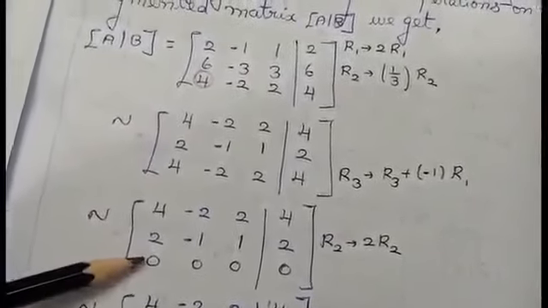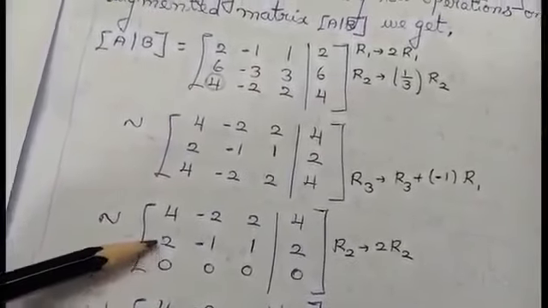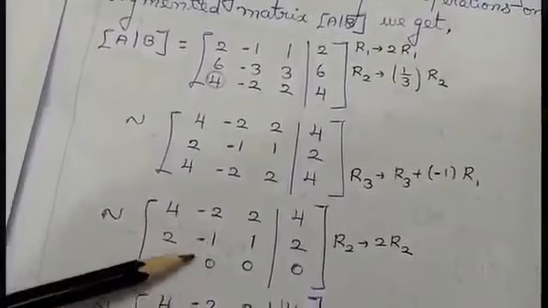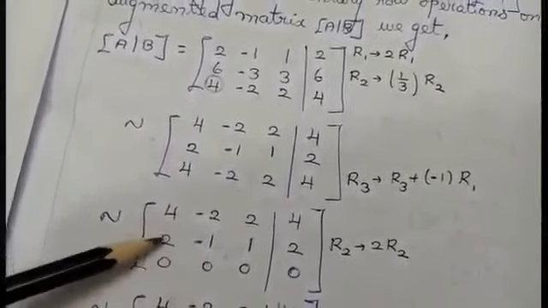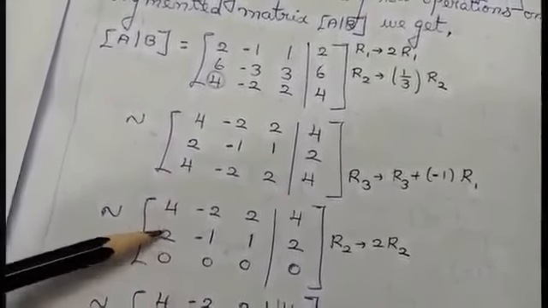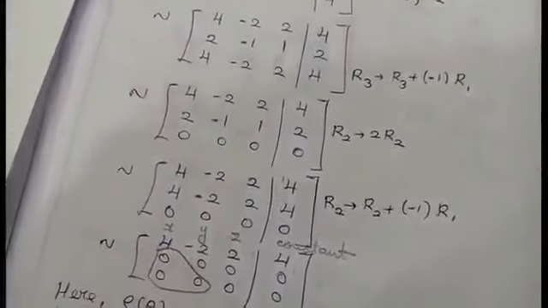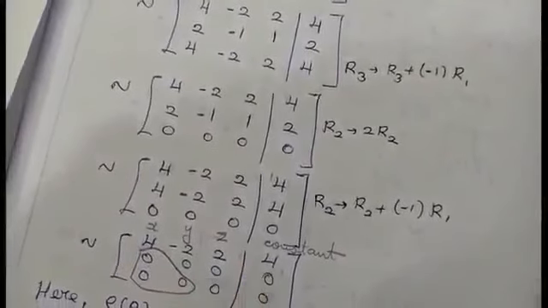Then I am targeting the 2, or you can target this place. In this place I am already getting 0. While I am targeting the 2, in the last stage I am getting the value as 0. If you see, I am getting it in the form of a triangle. Now remember one thing: this vertical line represents that the first part belongs to A and the second part belongs to B. That is rank of A.